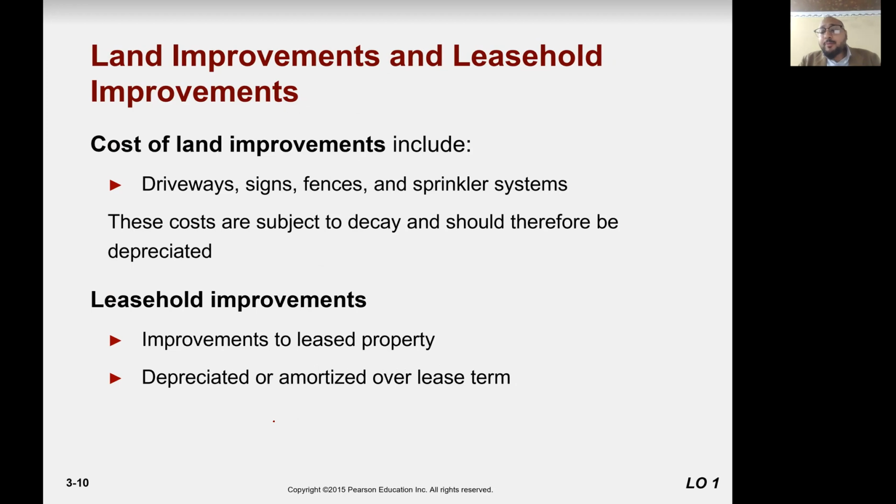Now, land improvements are also part of your fixed assets because their usage is for more than 1 year. So we call these driveways, signboards that you install on the land,